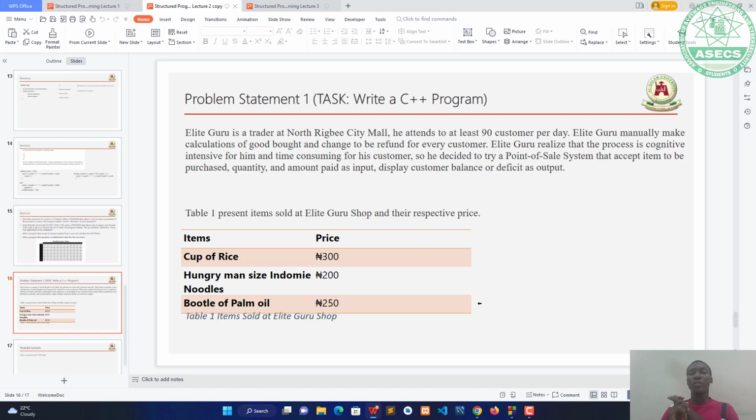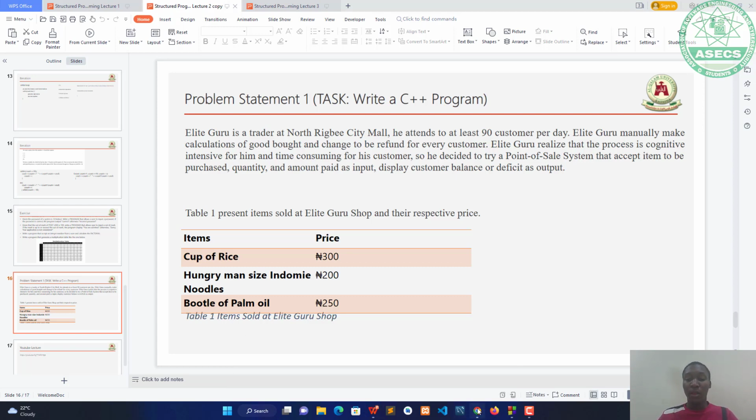Quantity and amount paid as input. Display customer balance for dispute as output. So that is all. A system will be put together that will give the item to be purchased. Alright, so based on this now, let's solve the problem based on what we